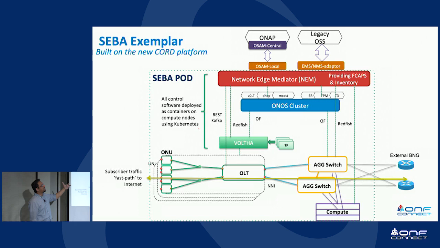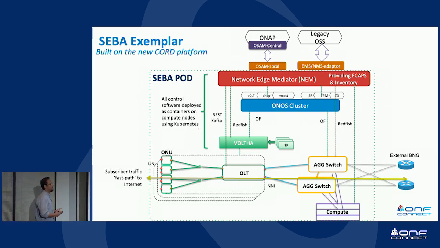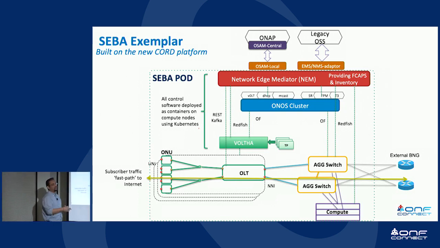And now the piece that I haven't told you about is the NEM, the network edge mediator that provides all the FCAPS functionality, the inventory, and the mediation with the outside world,